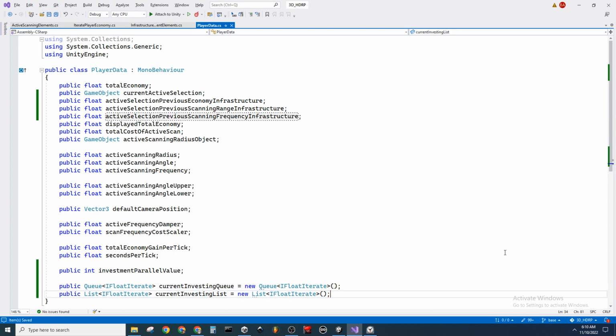But instead I would just have lists of each of those particular components getting invested within. And they would simply